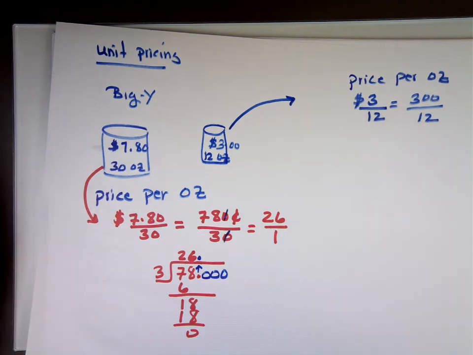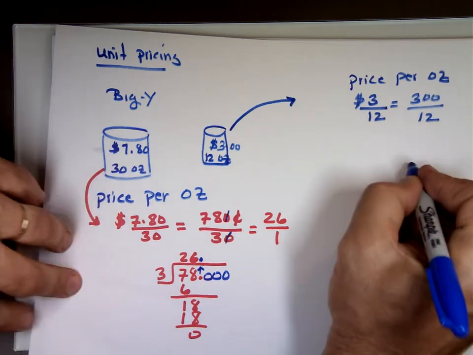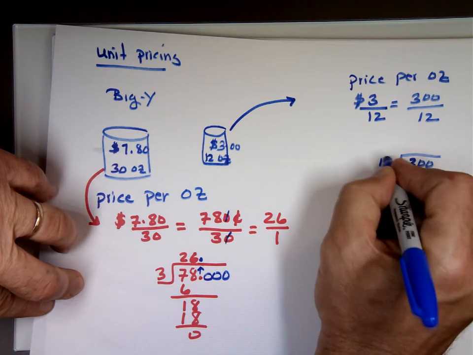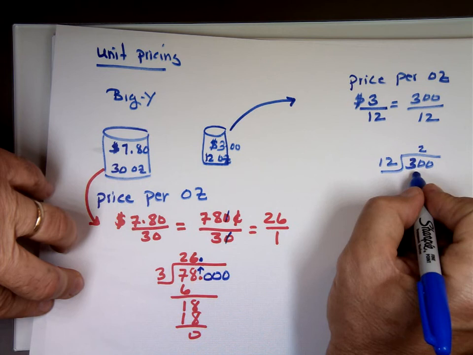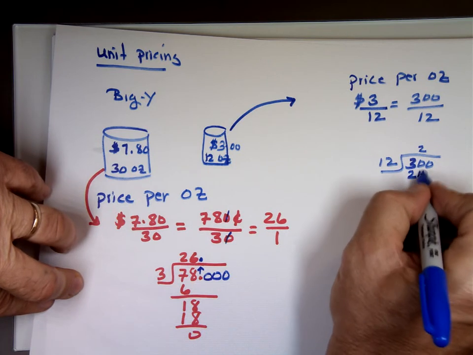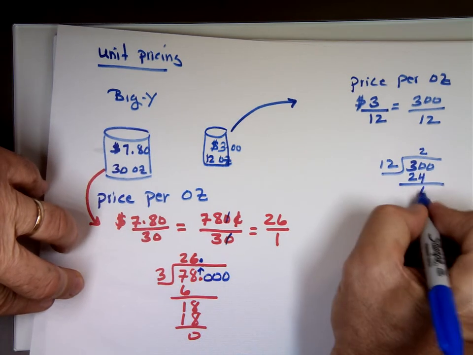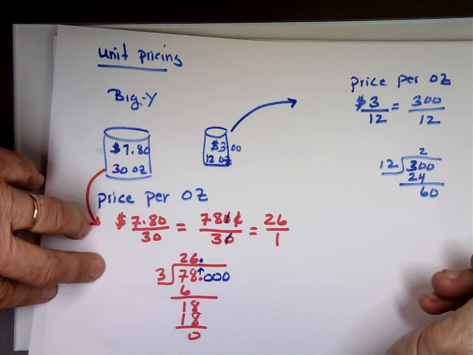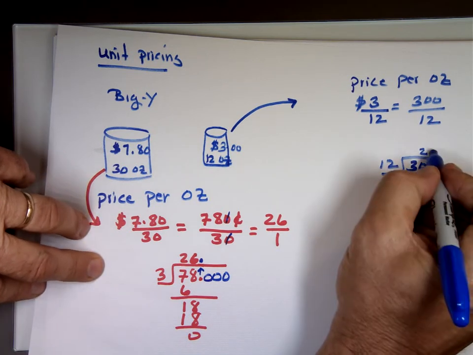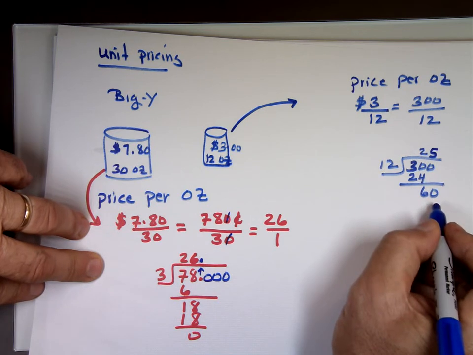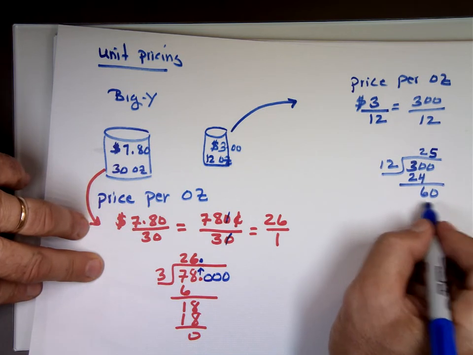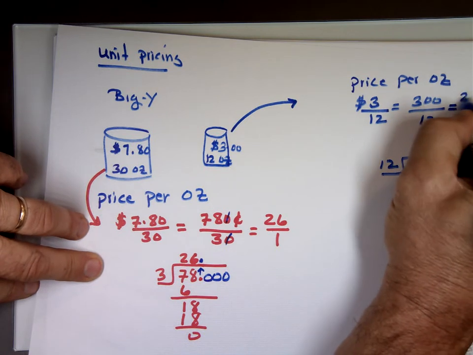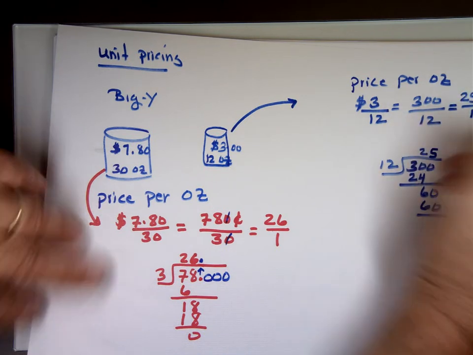Let's see if 12 goes into 300. 2 times 12, which is what? 24. 60 by 12. 5 times 12. 60. So what's the difference? This is 25 cents per ounce